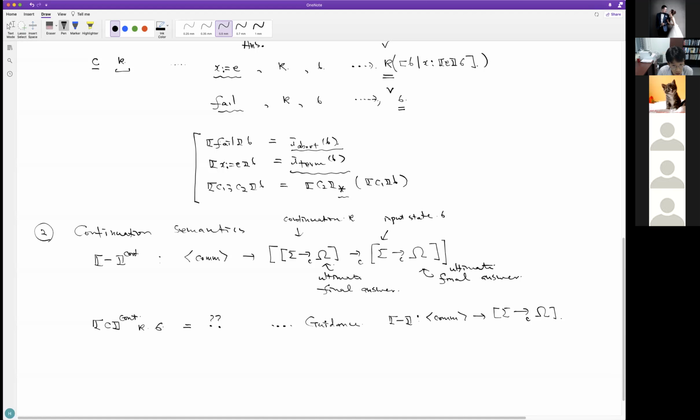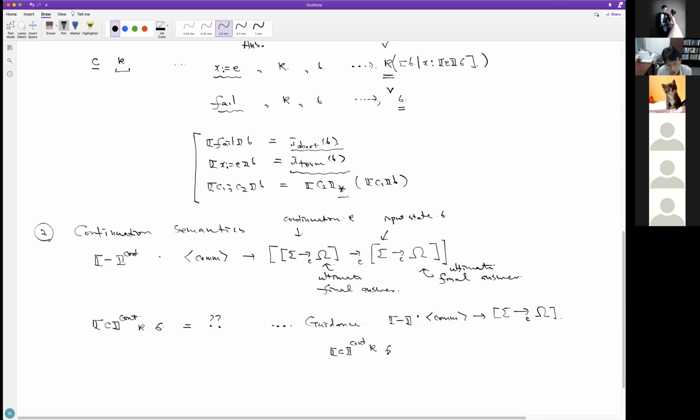And then we may ask how the intuitions about continuation that I told you actually describe some formal relationship between these two semantics. More specifically, it tells us if we have any command C, and we interpret it in the continuation semantics on kappa and give an initial state sigma, then what should happen is that we run, intuitively, command C under sigma.